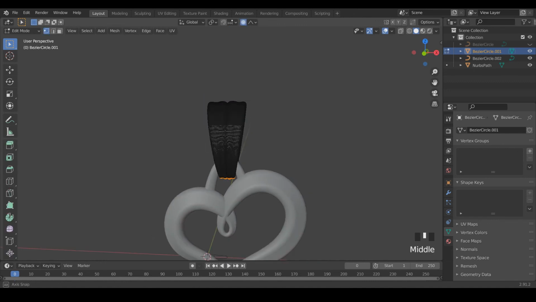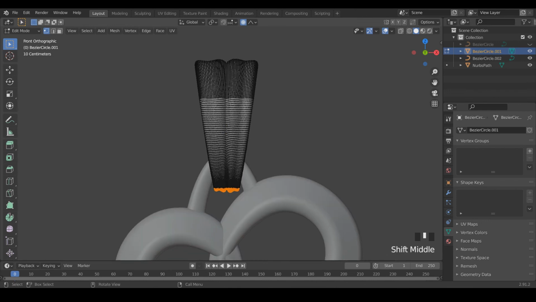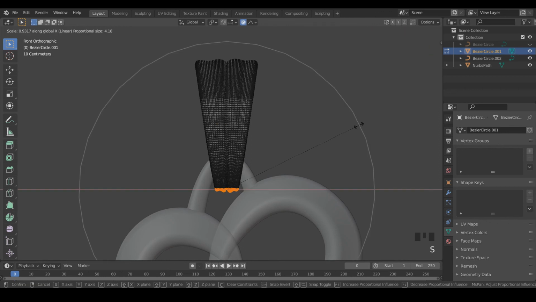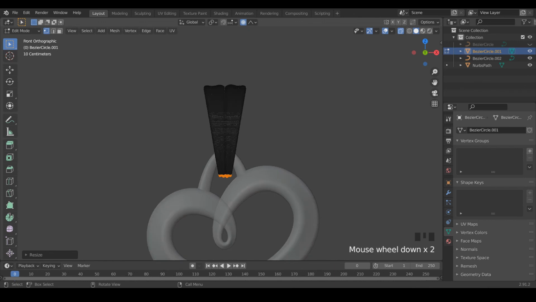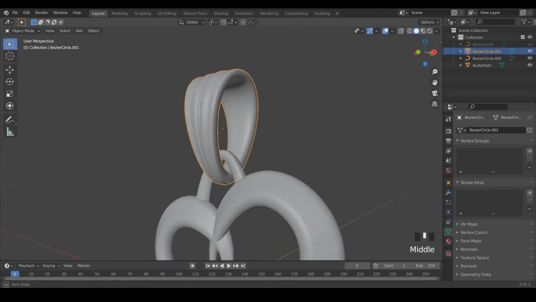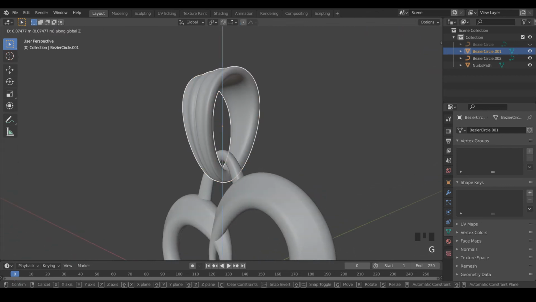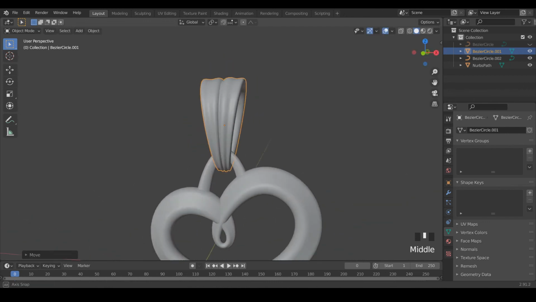So I'm going to hit tab, go into front facing view again, Alt-Z to go into X-ray mode, hit S, and then the X plane, scale it in just a bit more. And that looks about right.